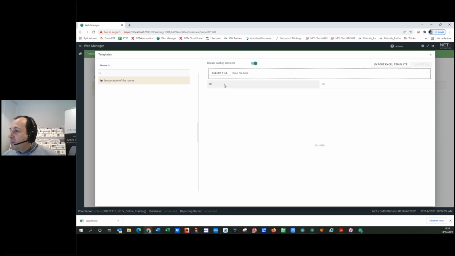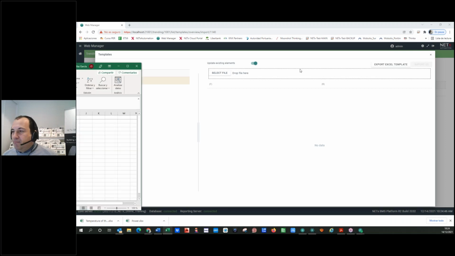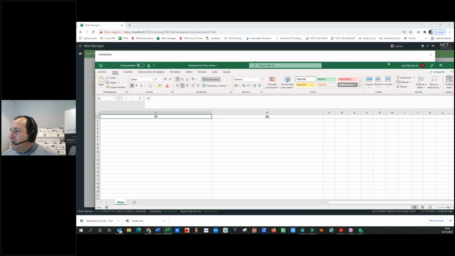These are the columns that I have to fill with values, floors and rooms. I get the possibility to export an Excel template, so I can open it. I just have this file to fill,